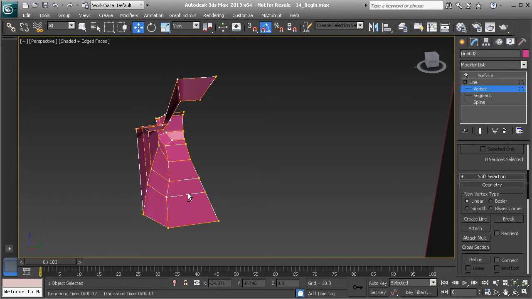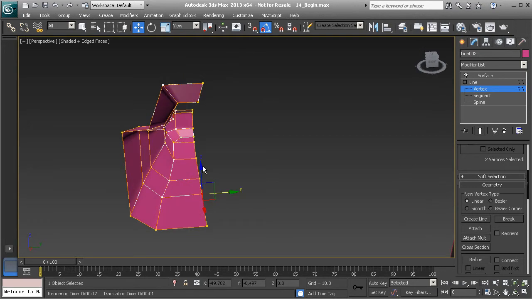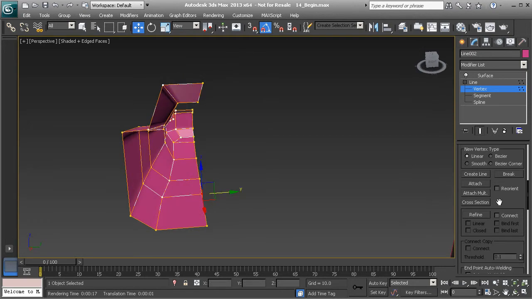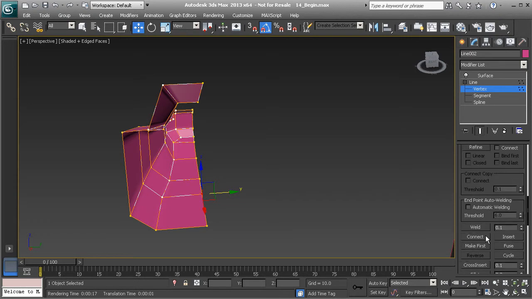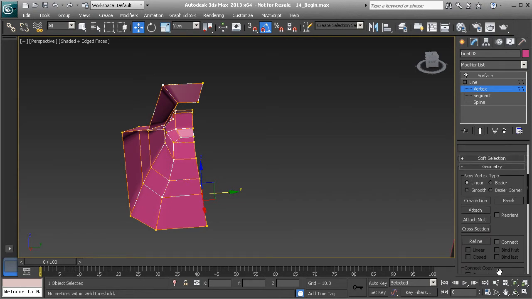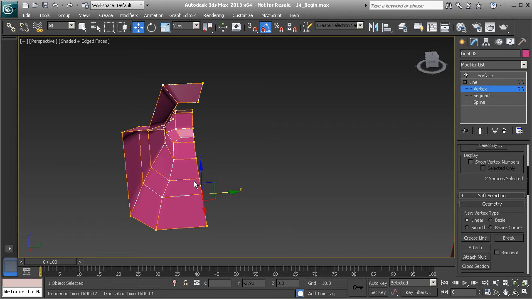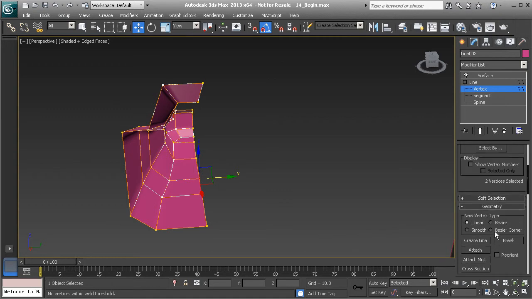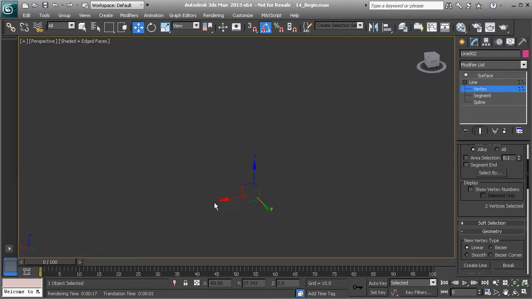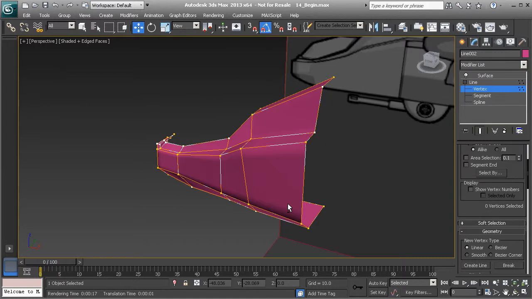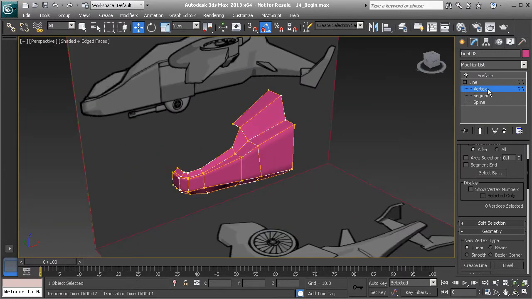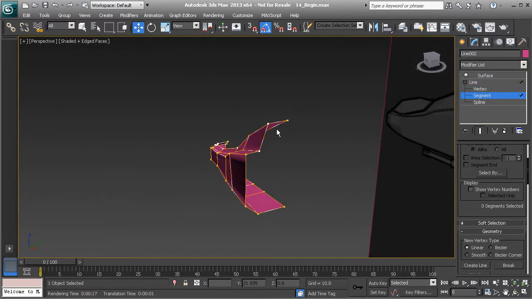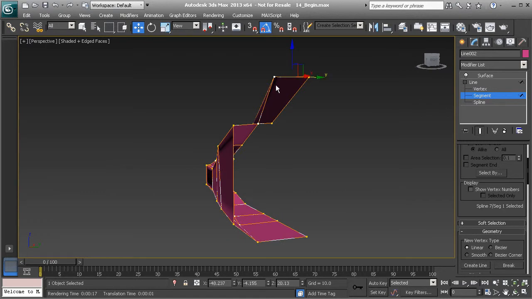Okay? Well, let's go ahead and select these 2. Let's weld those. And if they can't be welded, it won't allow them to weld. Okay, so as you can see here, I'm hitting weld, and it's not welding those. So I know that they're okay. All right, great. So now, let's go ahead and go to segment mode, and let's select these segments right here